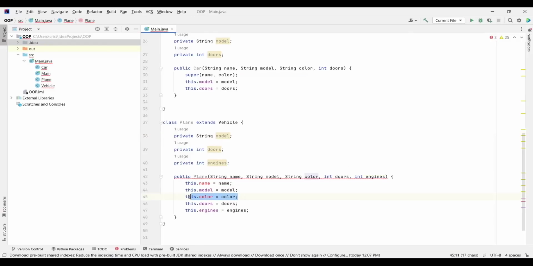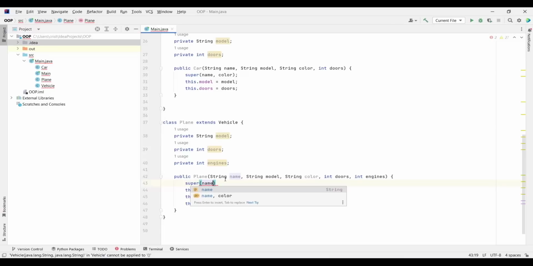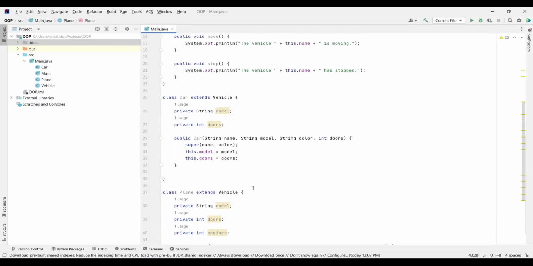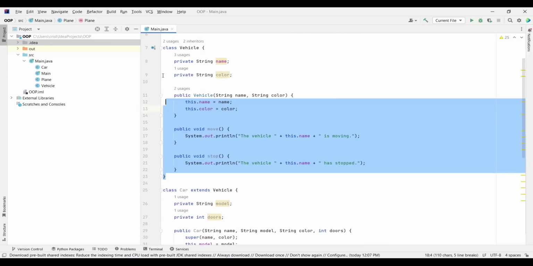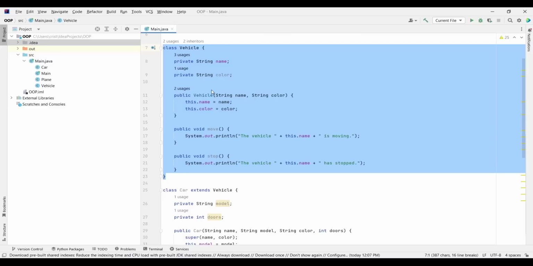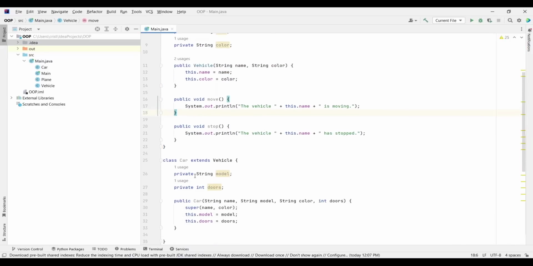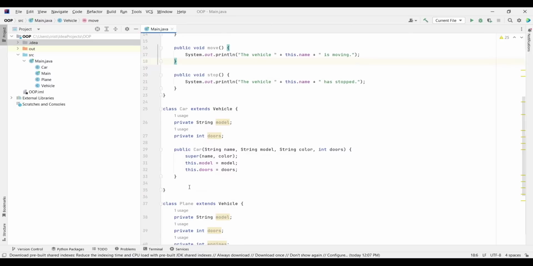Now let's delete those from here. Let's delete from here. So super means calling the constructor from the parent class from which we are inheriting, from the super class if you want. So I'm gonna pass to the super class the name, which is passed here as a parameter, and the color, as you can see. Put semicolon. Now look at this code, how beautiful it is. So we inherited the state and functionality which a vehicle has, and we inherited that in our car vehicle and in our plane vehicle.